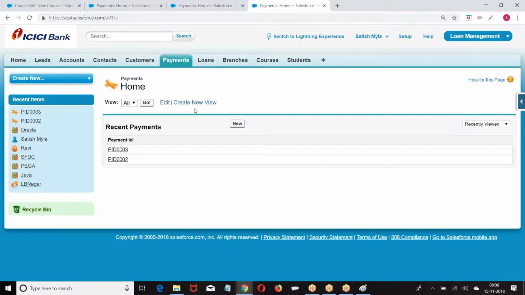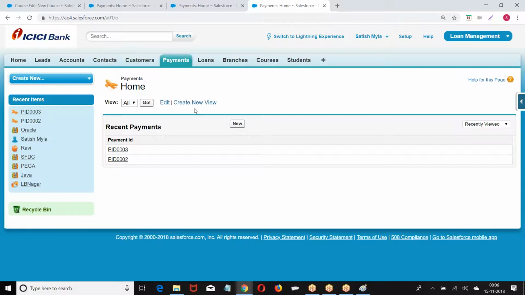In the business requirement document, he has given that every payment should be made by a customer only. Without a customer name, payment cannot be made. Initially, there is no mandatory option; anybody can make a payment. Later, in the next business requirement, he has said only a customer can make a payment, and on the payment we require a customer name. Already there are thousands of records in the database. He said payment should be made by only a customer, and we should select the customer before making a payment.